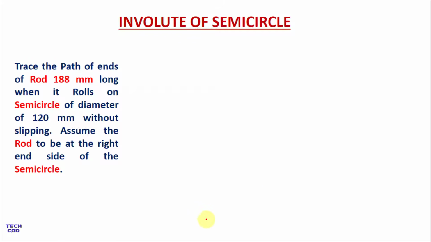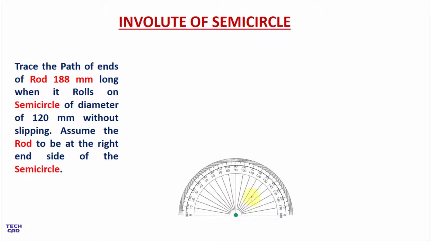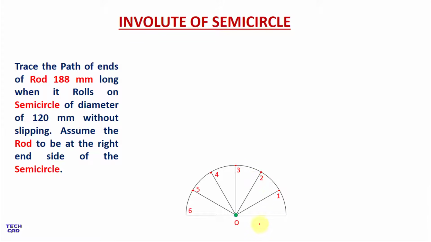First of all, make a horizontal line equal to the diameter of the semicircle, because we are going to make a semicircle now. Mark a center point and make an arc of a semicircle. Now take the protractor and divide this semicircle into 6 equal parts by taking 30 degrees, further 30 degrees, and then 90 degrees, again 30 degrees, and then again 30 degrees, and make lines over here. In this way you can divide your semicircle into 6 equal parts.